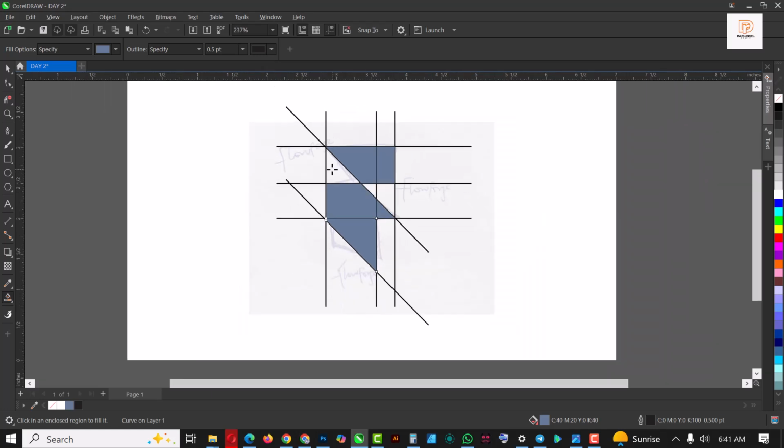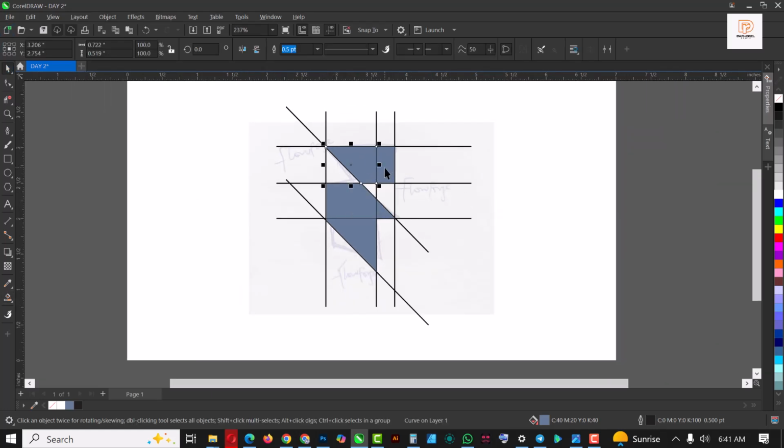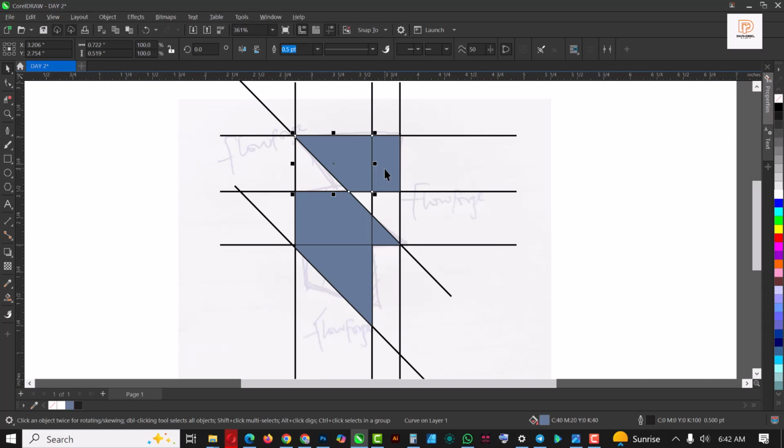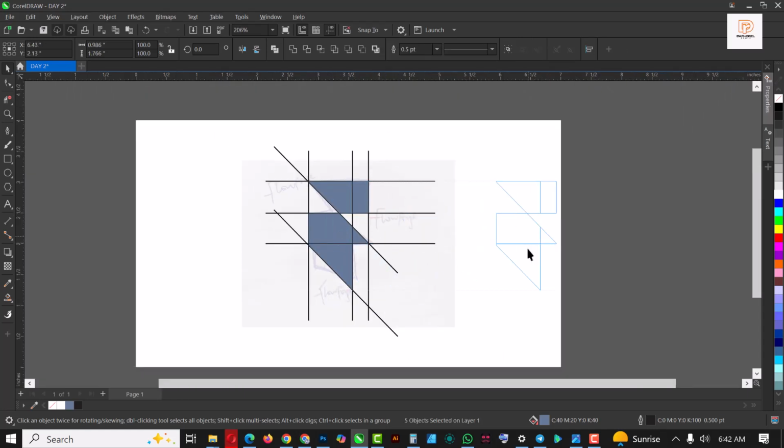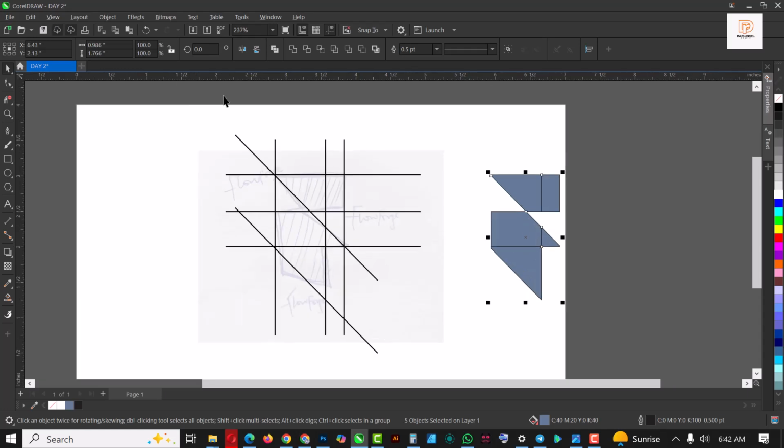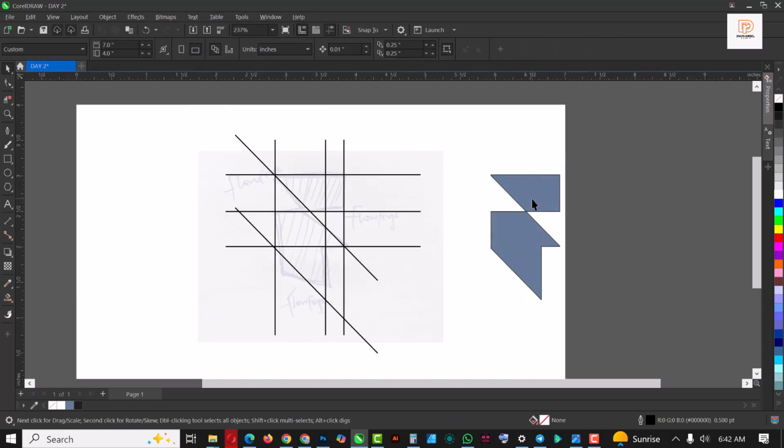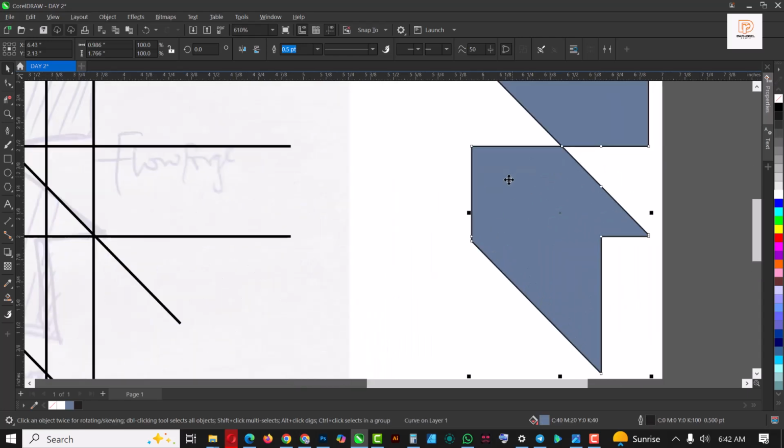So the next thing you want to do is go over to your selection tool, select, hold down shift, select this part also, select this part, select this. When you're done selecting, you can move it out. Make sure no part is left out. Then click on weld to weld everything together, right? So you can see, nicely done,